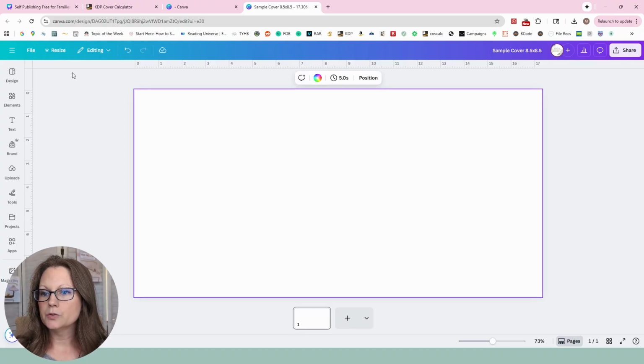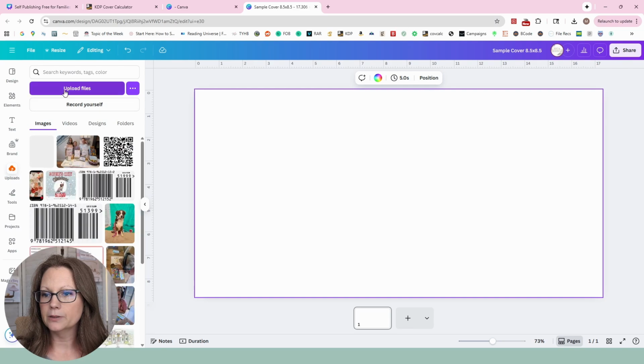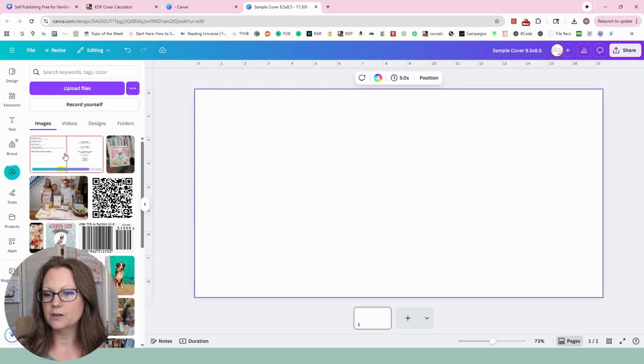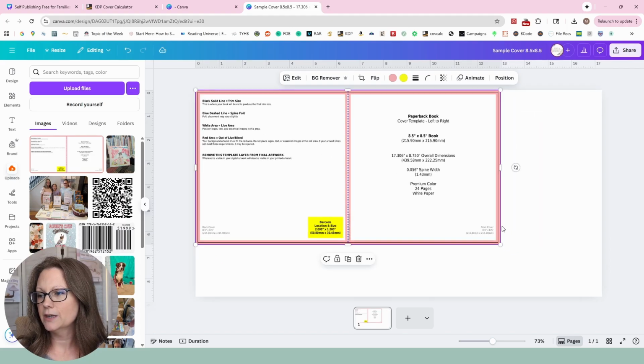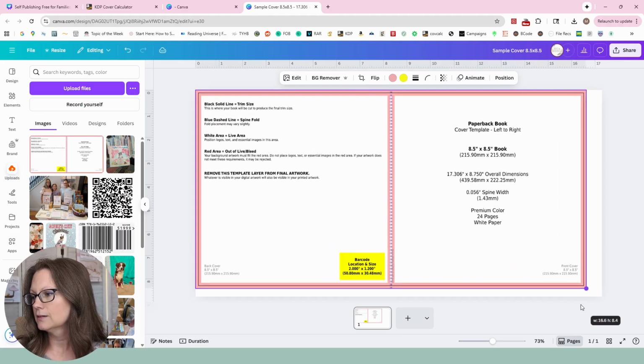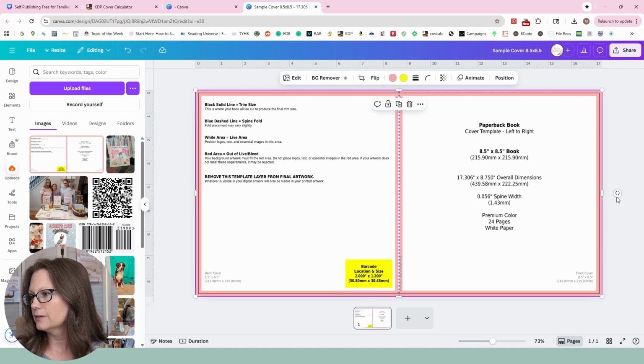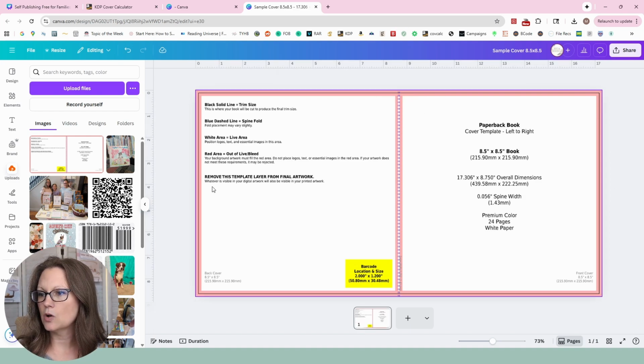From here, we're going to upload that template that we had just downloaded from KDP. So we'll have to go into our downloads, paperback, and I upload the PNG is what I like to do. Okay, here's the image, it's coming. Okay, from here, click that. This just makes it so easy. You click it, drag it into place. It should snap right there into perfect place. There you go. And it has all of your